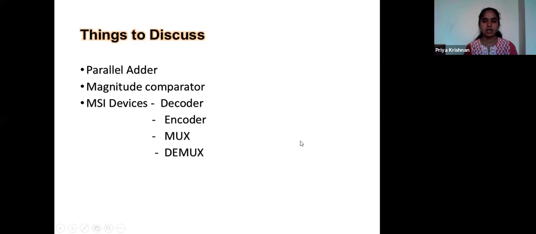We have SSI, MSI, LSI: small scale integration, medium scale integration and large scale integration. That is IC level, based on how many components you can put inside an IC. So we have decoder, encoder, mux, demux, all those in the form of ICs. That is what is represented here.